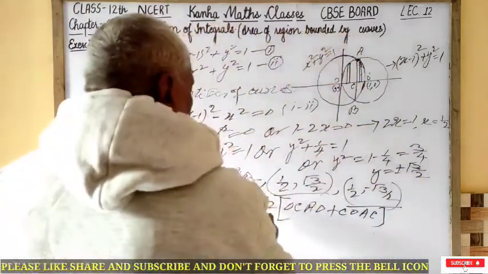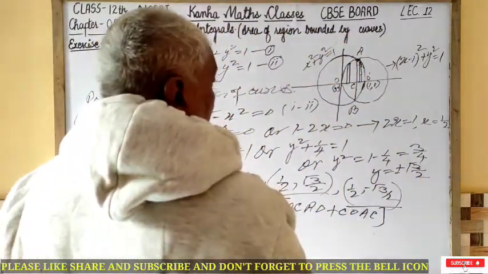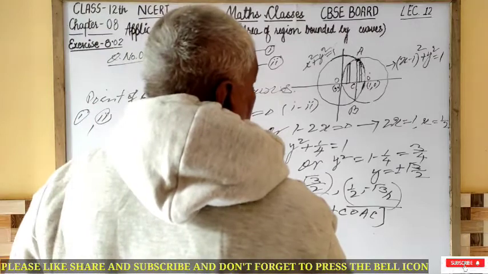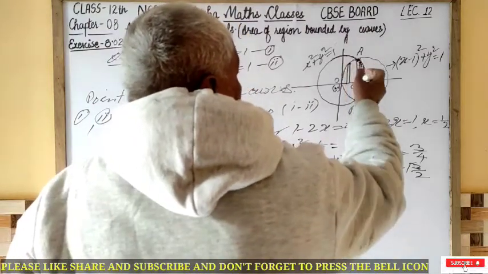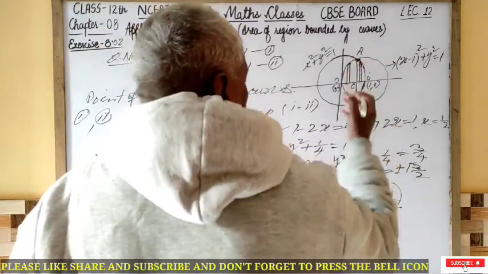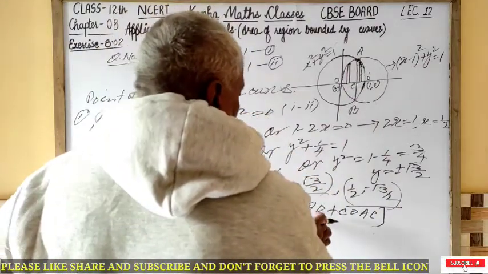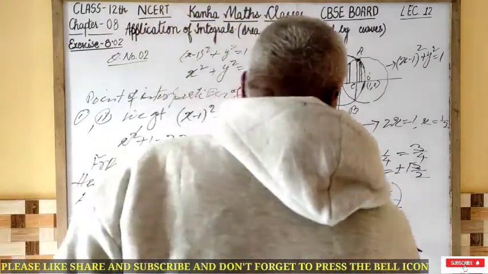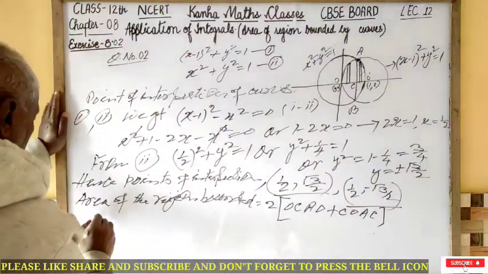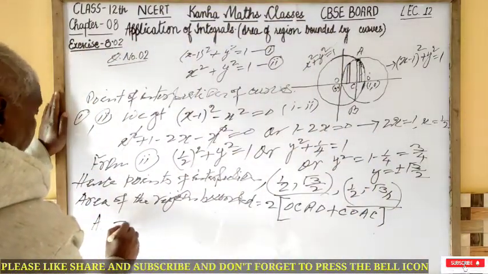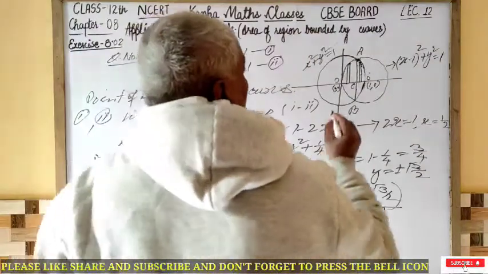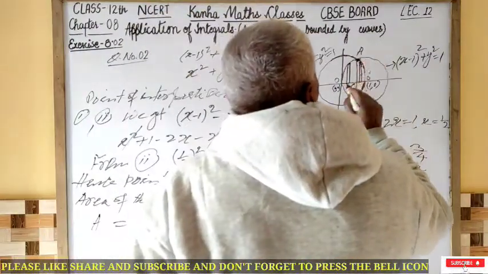We have written twice here because this area is symmetrical about the x-axis, hence the total area bounded will be twice the area of this plus this,